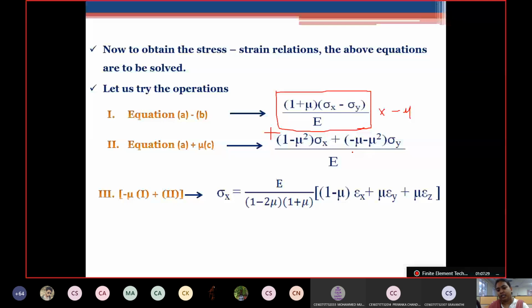This will be the output if you completely solve it. The last operation of this derivation will bring you to this point: normal stress in x direction in terms of normal strains in all the three directions of the elemental cube. Please let me know if at least one person reached this point. If one person can reach it, it will not be difficult for the other people to get the answer.